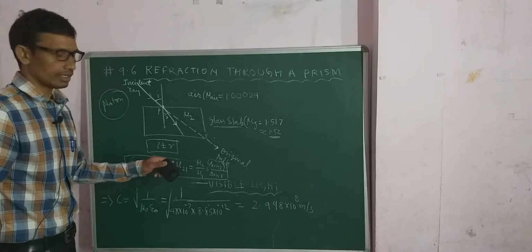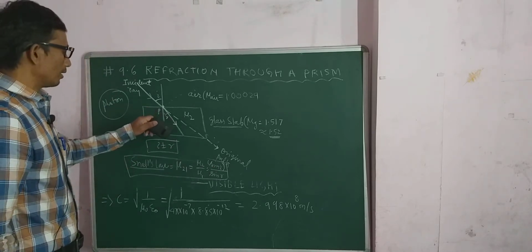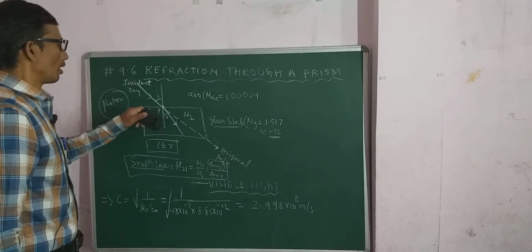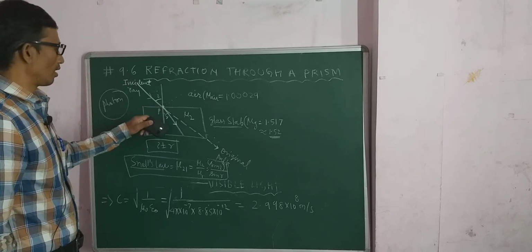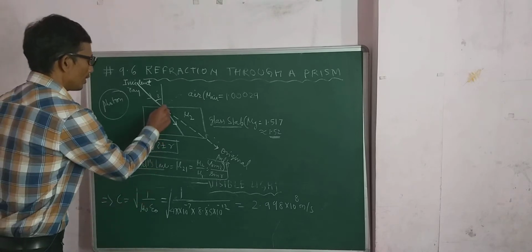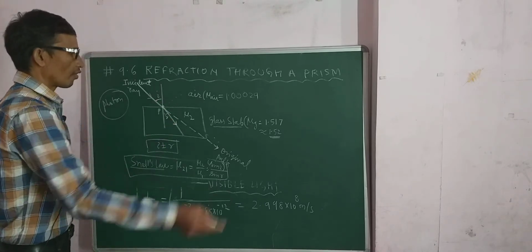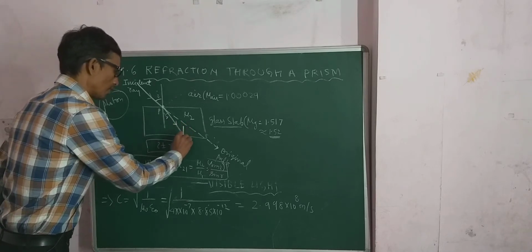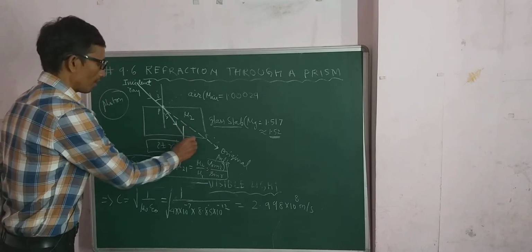We know about this, and refraction takes place through the transparent material, but it deviates toward the normal or away from the normal. When it travels from the denser medium to the rarer medium, in this case